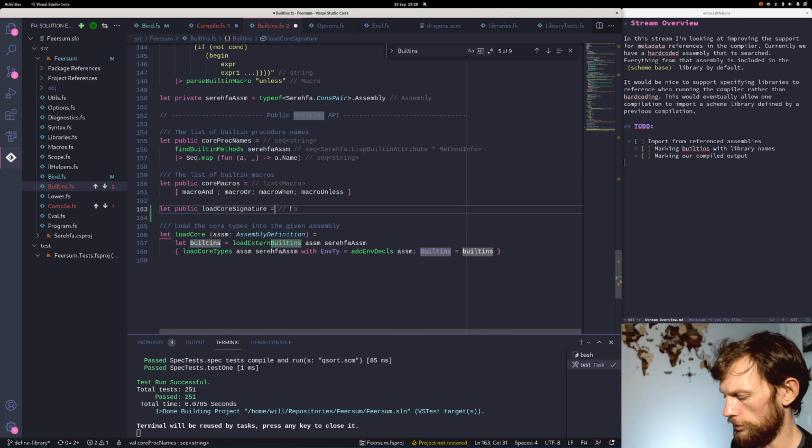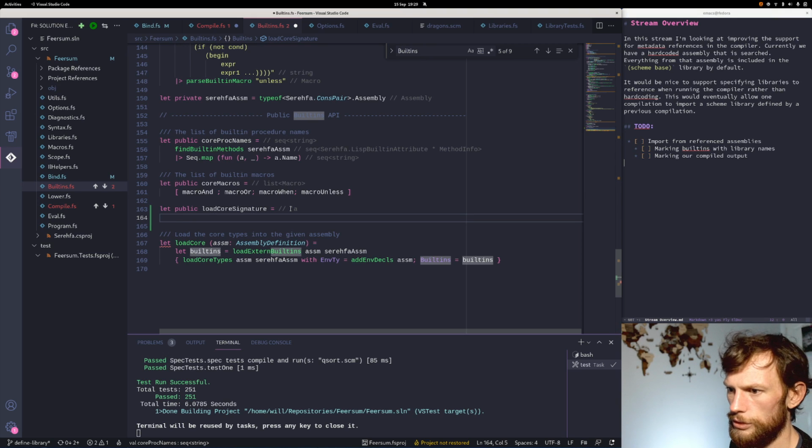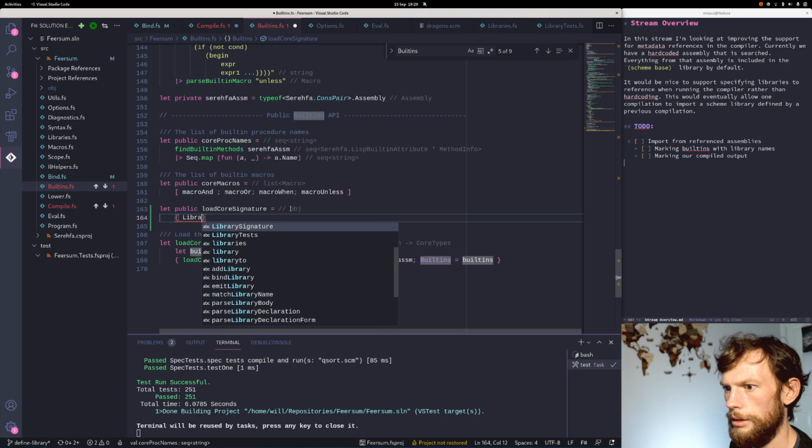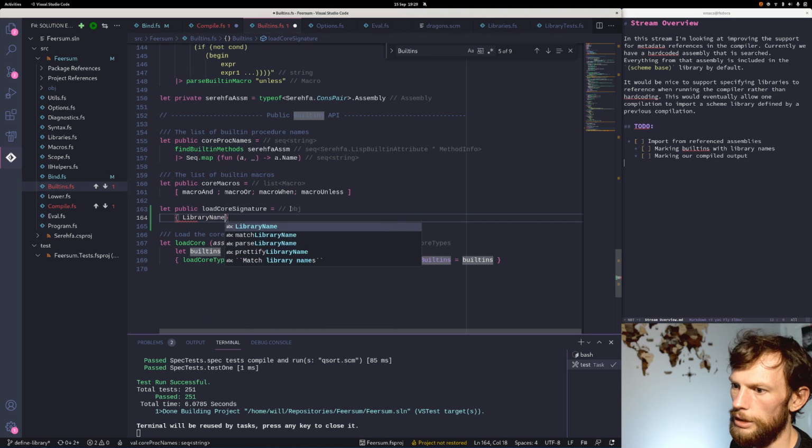So we have storage references that you can reference from these other F# modules. So load core signature is going to return library signature. Let's just call it library name